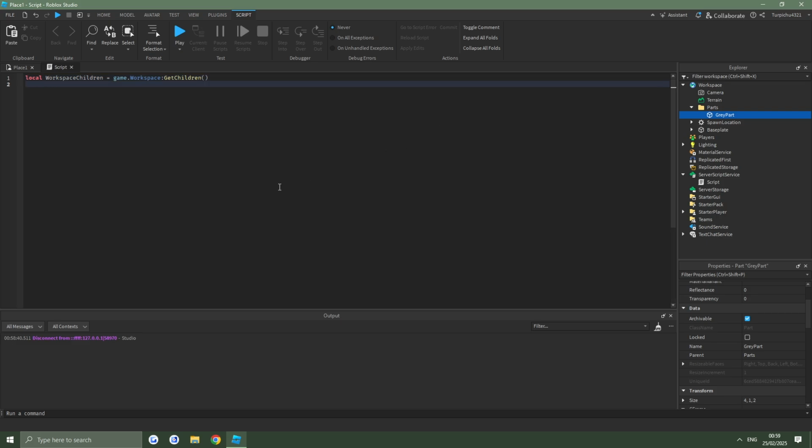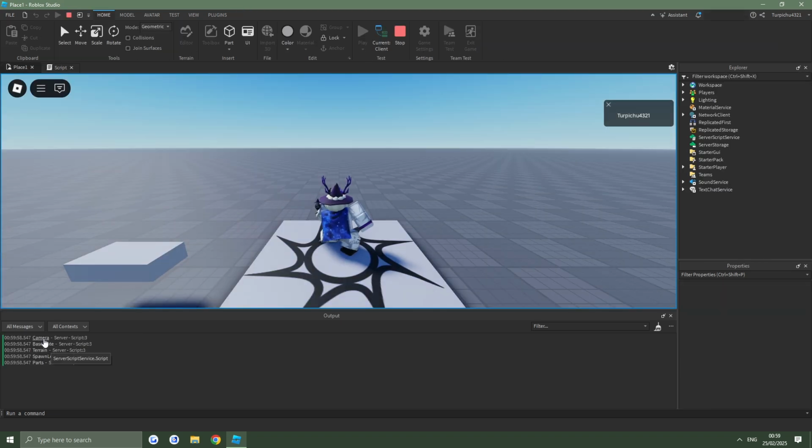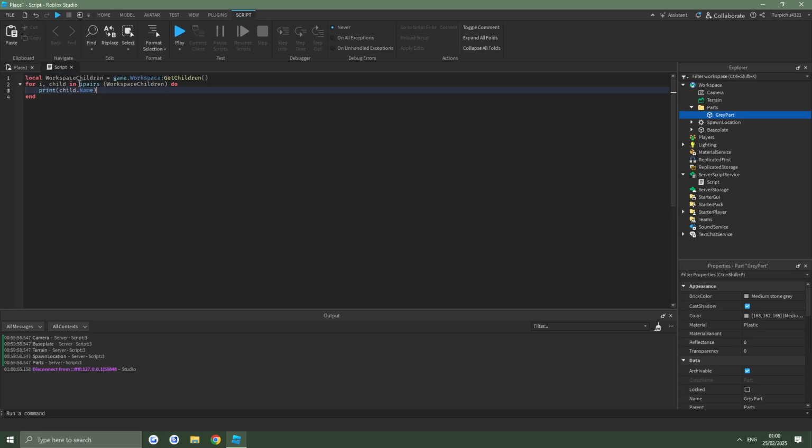And then let's say we wanted to go through all the children and just print out the names. What we can do here is a simple for loop that I've taught you before in the loops tutorial, earlier in the scripting guide. Simply do for, and then you can do i, and v is just a default name, but I'm just going to leave this as child in ipairs. Then we do workspace children, close the brackets, press enter, and do print child name. If I press play, you can see it prints out all the parts that are underneath the workspace, which is that. And then here we're not going to use our i, so i just means an